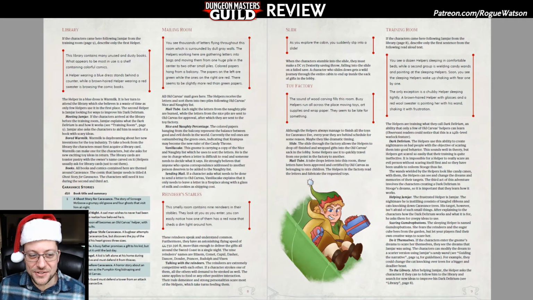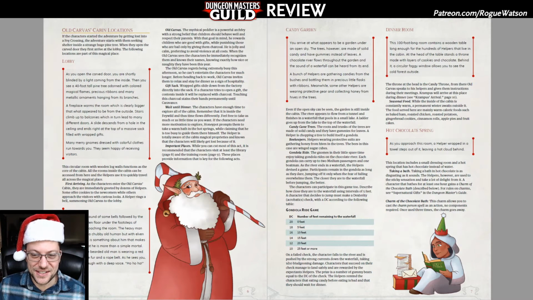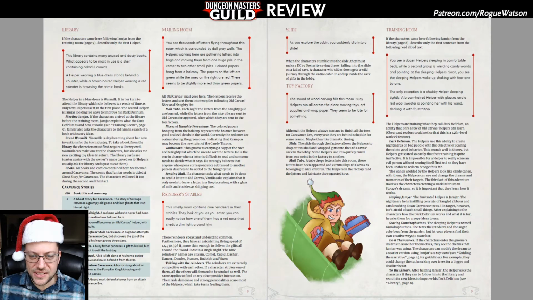There's a funny bit with the stories that are all parodies of famous Christmas movies, which again helped remind me that all of these would make really great D&D adventures if you put that D&D twist on there as well. But otherwise, nothing really happens until the end of Act 1, and then Krampus shows up, which Krampus is a